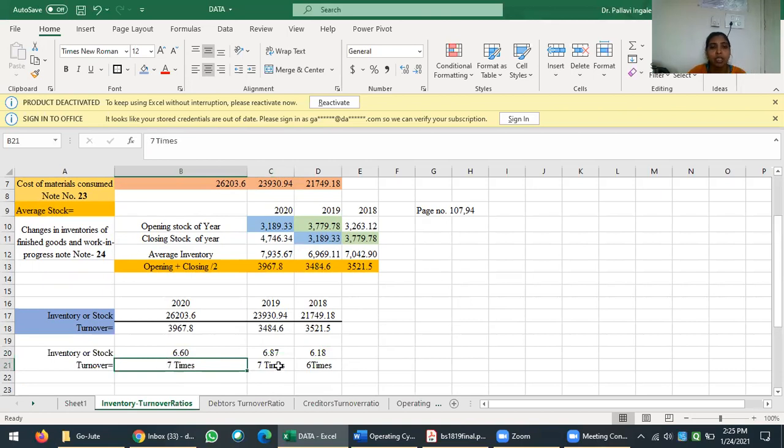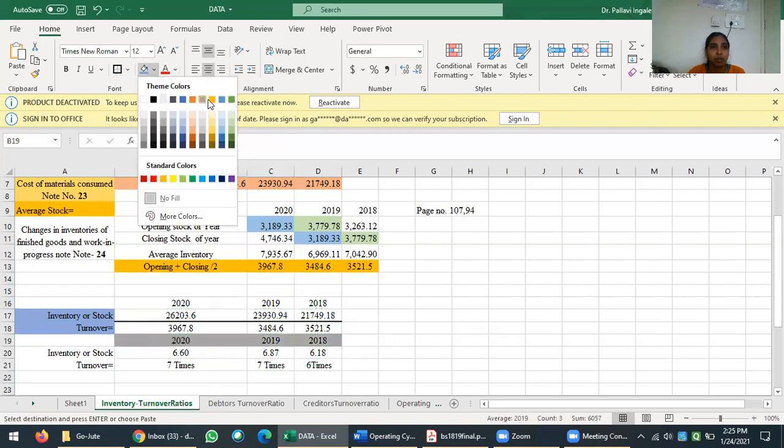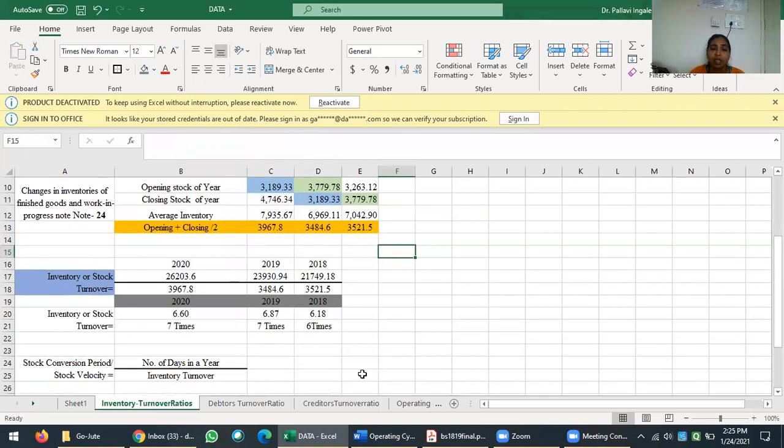This is the understanding. Same in 2019-20. Okay, this is year wise we are calculating. Here it is year wise we are calculating. Okay, so remember this because years are important here. So we'll keep it gray. So in 2020, 7 times the cycle of inventory will move. In 2019, it is 6 times only. Okay. Now this is only the number of times, how many times the cycle will get rotated, but